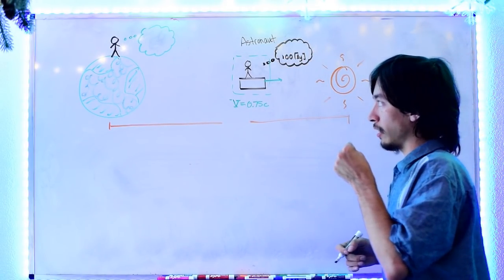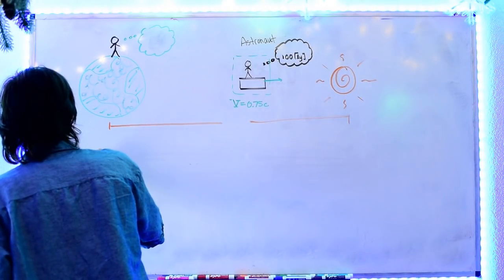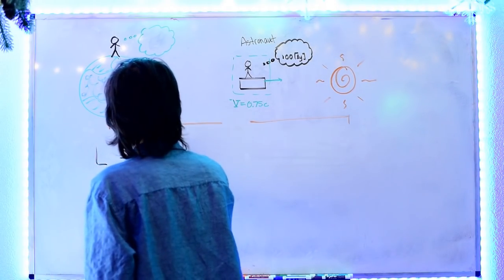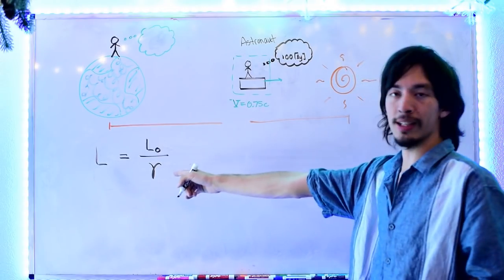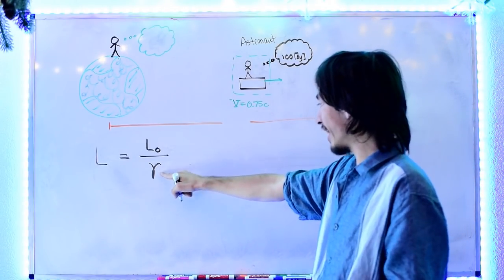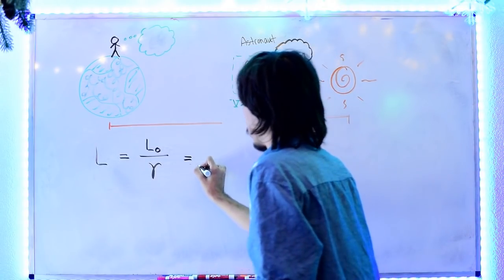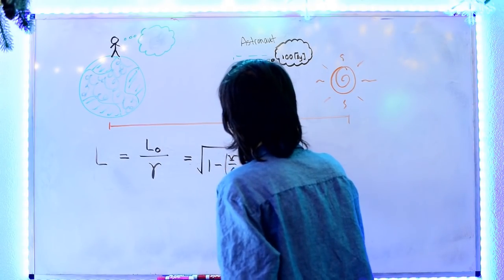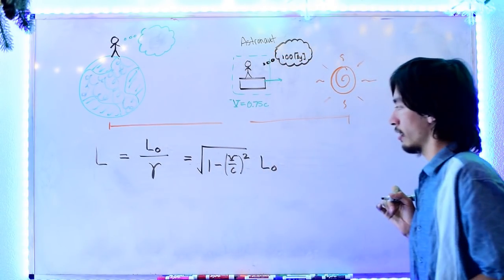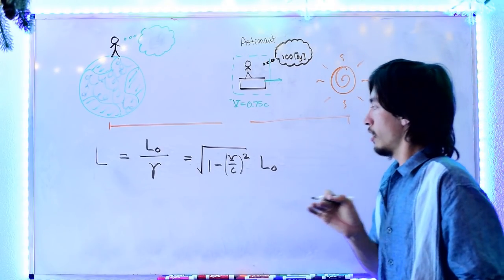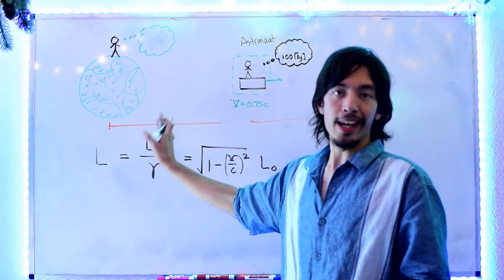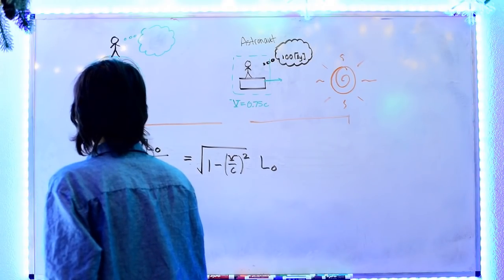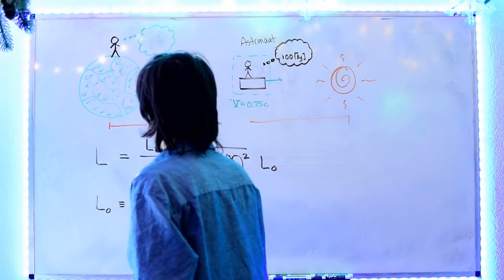So you have a length contraction problem, where I'll write it this way first. L equals L naught divided by gamma. That's the shortened version of that formula. With gamma plugged in appropriately, you get L equals the square root of 1 minus v over c squared, times L naught. That's how it expands out. Now, L naught and L have a very similar definition. L naught is called the rest length, which is defined as the length